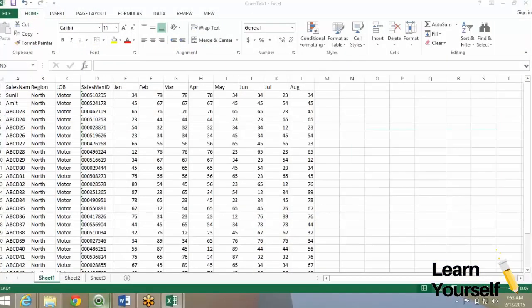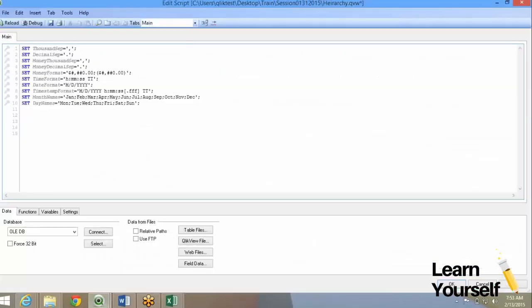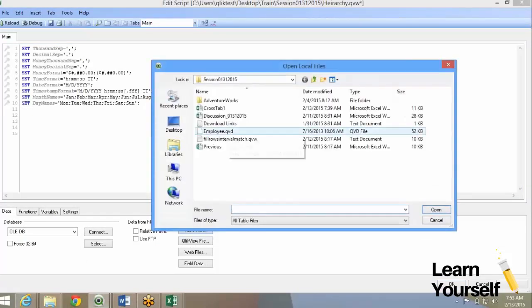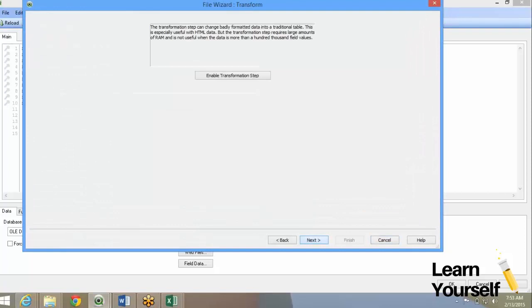Now the biggest challenge is you will never know how many times to loop it. So in QlikView again it's the same thing, table files. Like I said, you can load it from QVD or Excel file. So next,